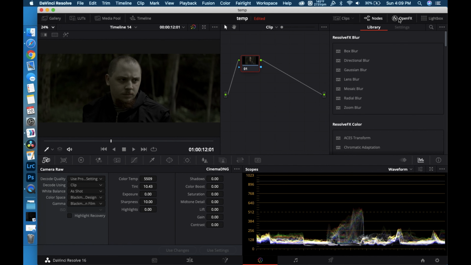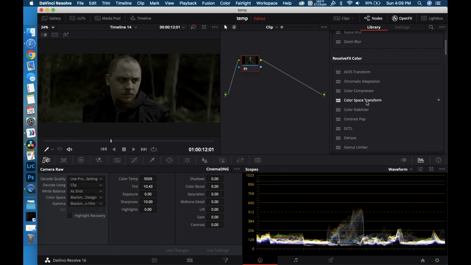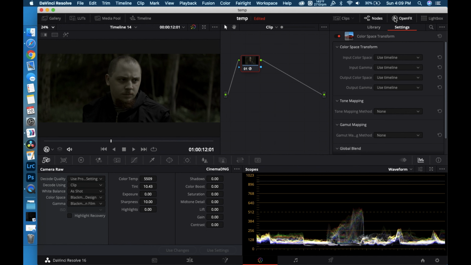Well, what we're going to do is use the color space transform on the first node. We're going to use this because the idea is that from the raw video, we're going to try and retain as much information to this point. So using the Black Magic design color space and gamma space to retain as much information as possible instead of using like Rec 709 and gamma 2.4, which would be the most normal basic color space and gamma. We're using the Black Magic, which retains more of that information. We're going to tell it that our